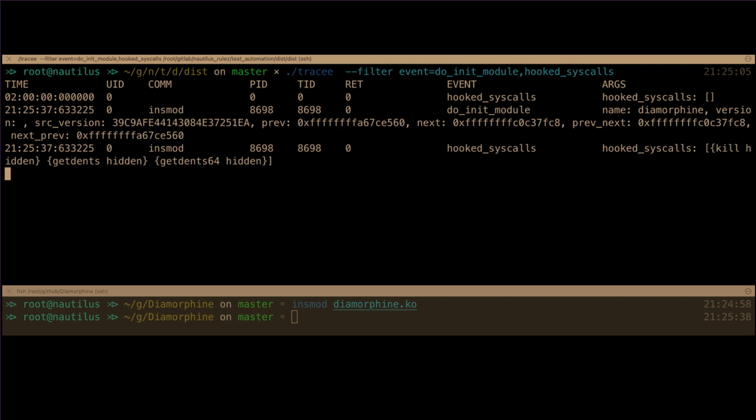We can see in this example, before Diamorphine was loaded, there is nothing, all the symbols are there. Then Diamorphine is loaded, and now we get a second event, every time a kernel driver is being loaded, stating that those three symbols were overridden. And also we can see that they are pointing into a hidden location. So we try to fetch the data from the linked list, but it's not there. So we are able to say those syscalls are not only overridden, but they are pointing to a hidden location in the kernel.